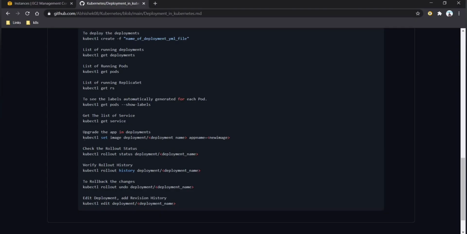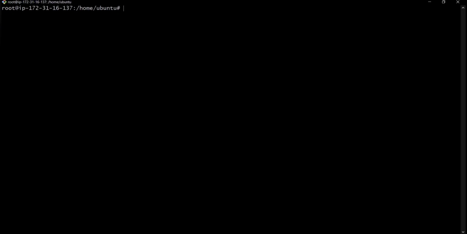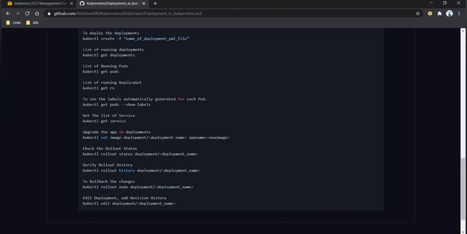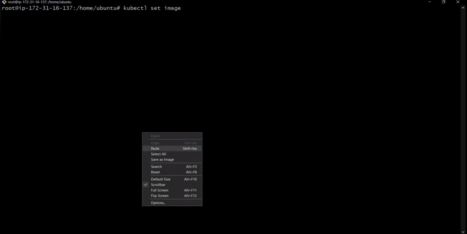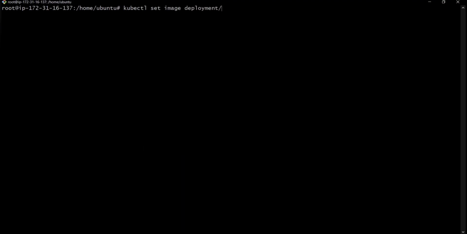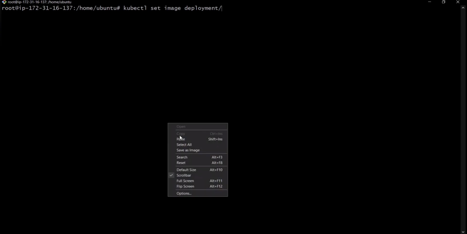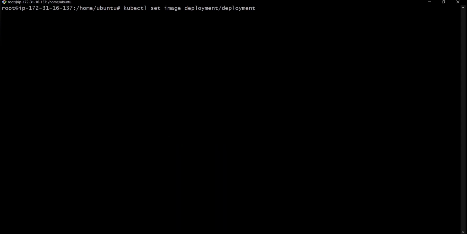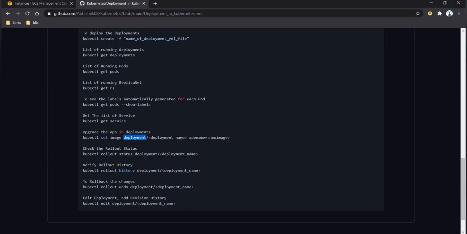For that we have the command kubectl set image, then we have to provide the deployment, and the deployment name is the same as we have here, and the image name, which is Nginx, and what version we have to use here.